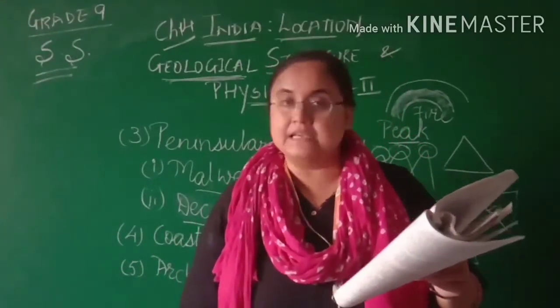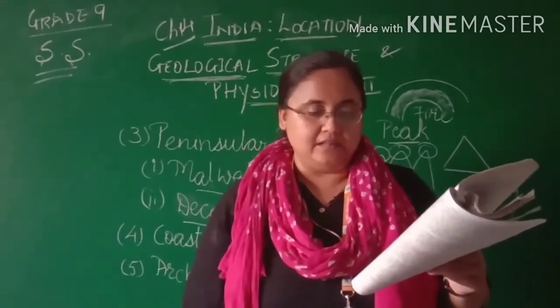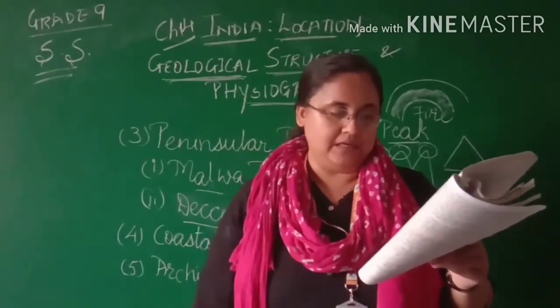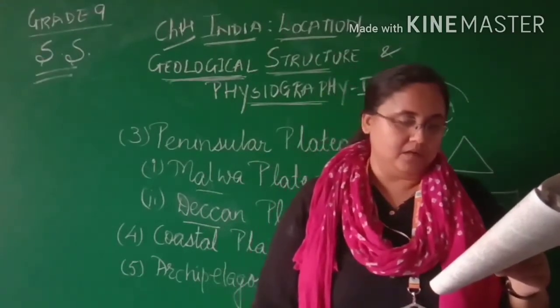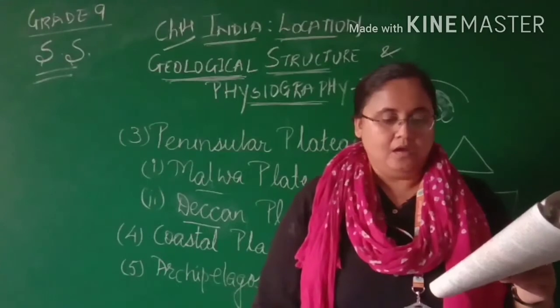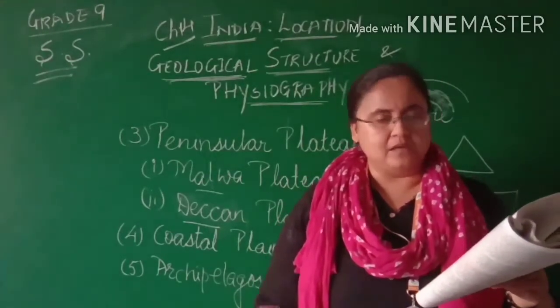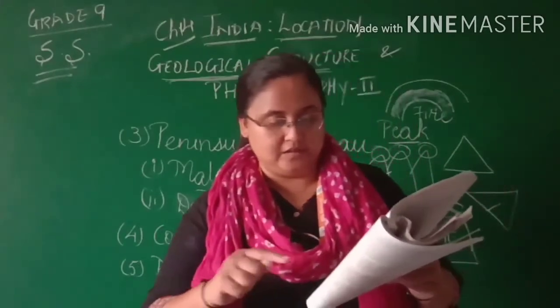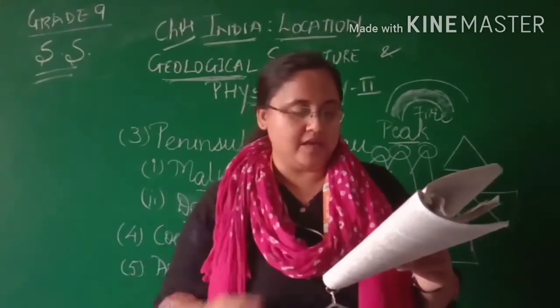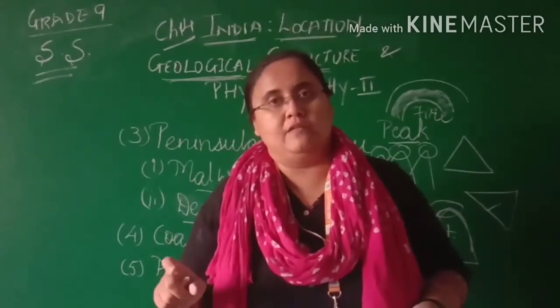It is known as Sahyadri in Maharashtra and Karnataka, Nilgiri in Tamil Nadu, and the Anamalai and Cardamom ranges along the border of Kerala and Tamil Nadu. The southern portion of the Western Ghats is more lofty. Before we continue with this lofty portion, I would like to say that I hope you have understood that